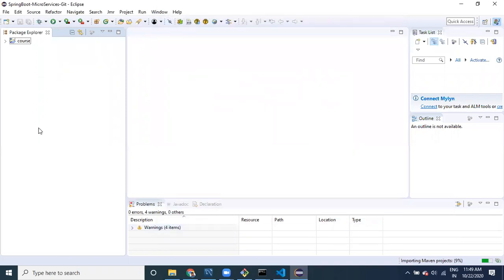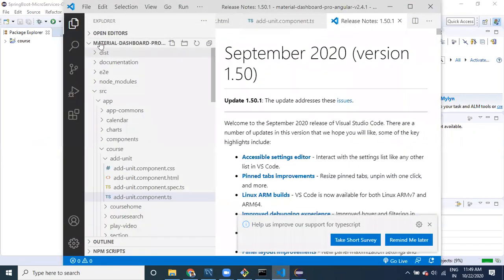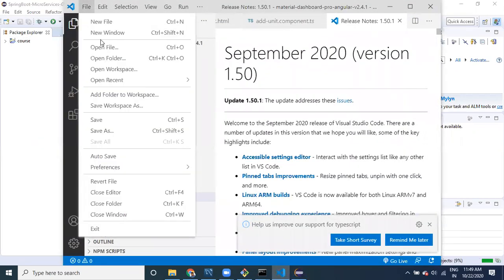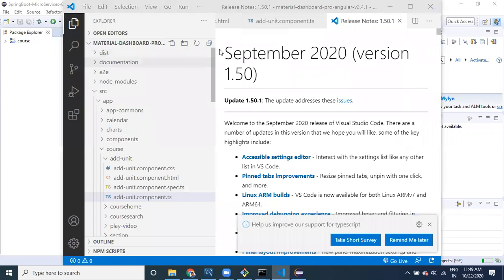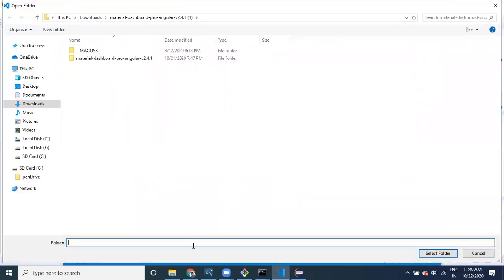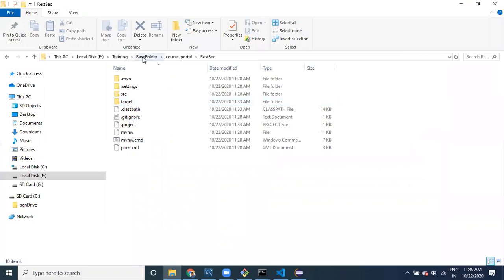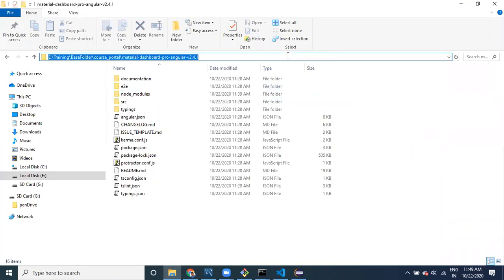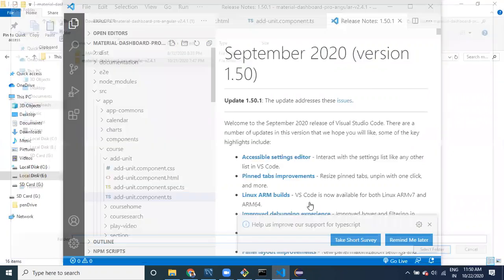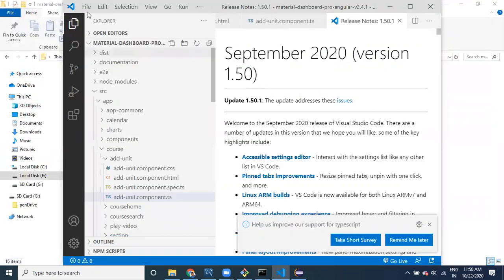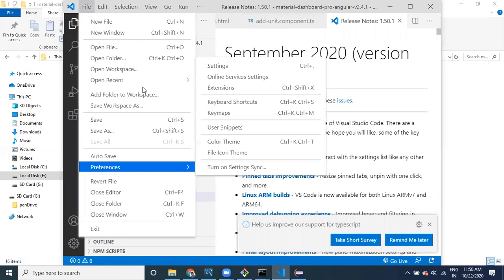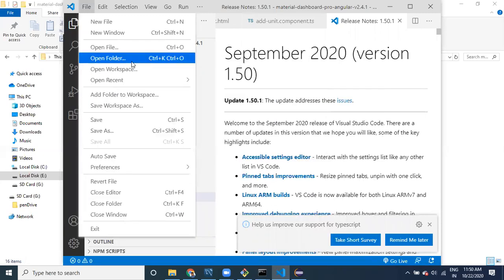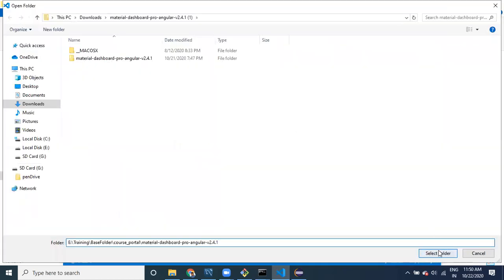Now import. And another way is open folder. This is Visual Studio Code. You have to provide the new code, because this is connected with the backend, connected with the remote repository. Open folder and provide it.